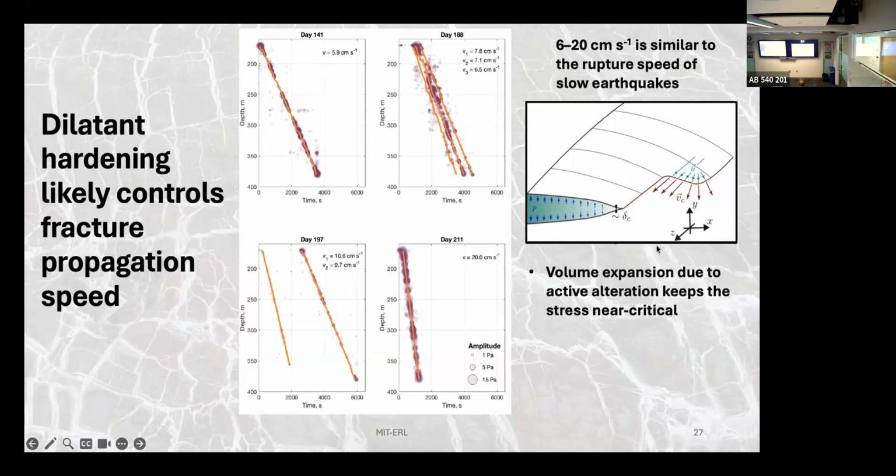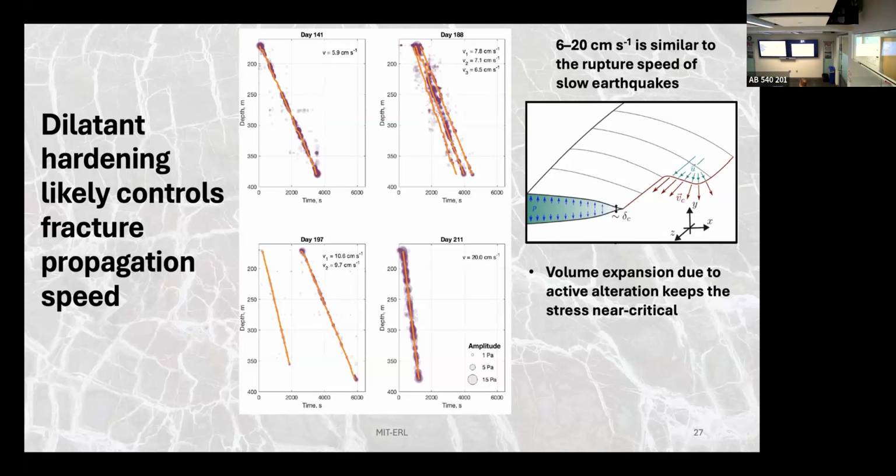Okay, so everything looks great, but there is just one problem. The fracture seems to be triggered by a teeny tiny pore pressure increase of only 1 meter of water. That means the tensile stress at the fracture tips had to remain near critical, like two years after